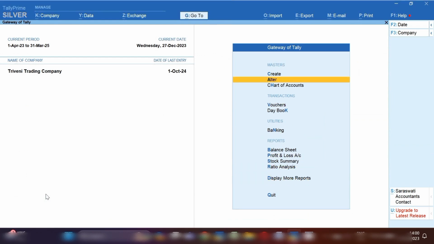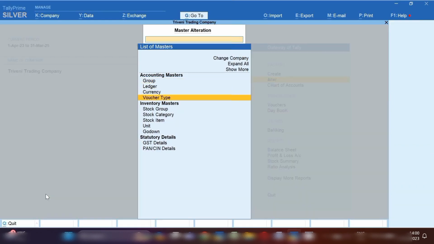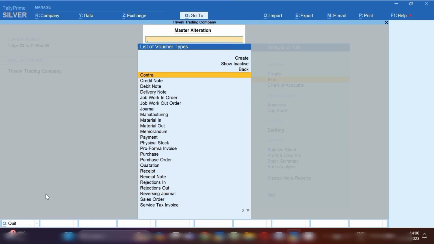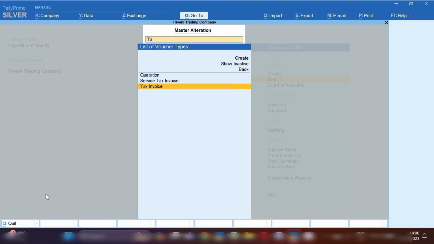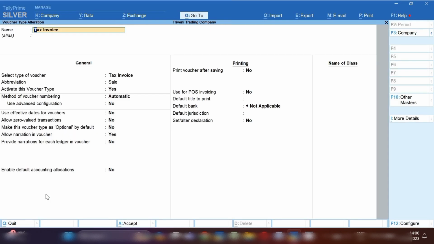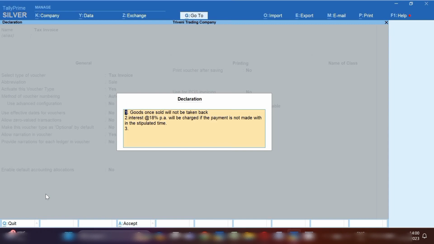From Gateway of Tally, click on the alter option and then the voucher type option, and from here you need to open your sales voucher type. So I'm going to open tax invoice. This is a sales voucher. Here you can see there is an option, set alter declaration. Mark this option yes, and here you can mention your company's terms and conditions one by one,